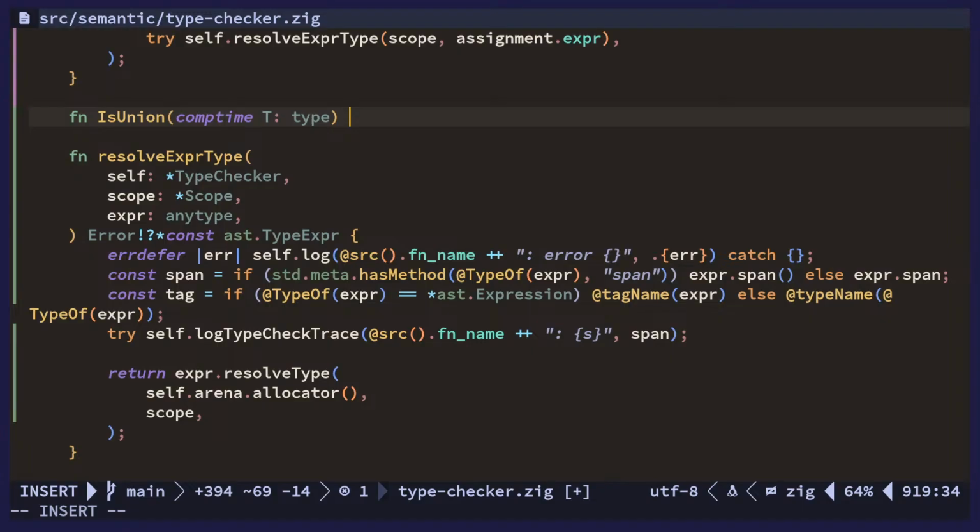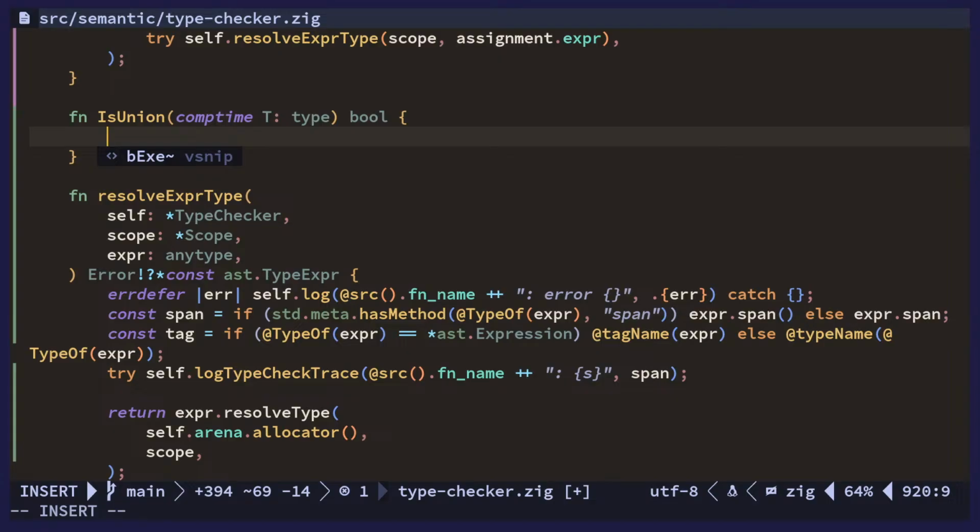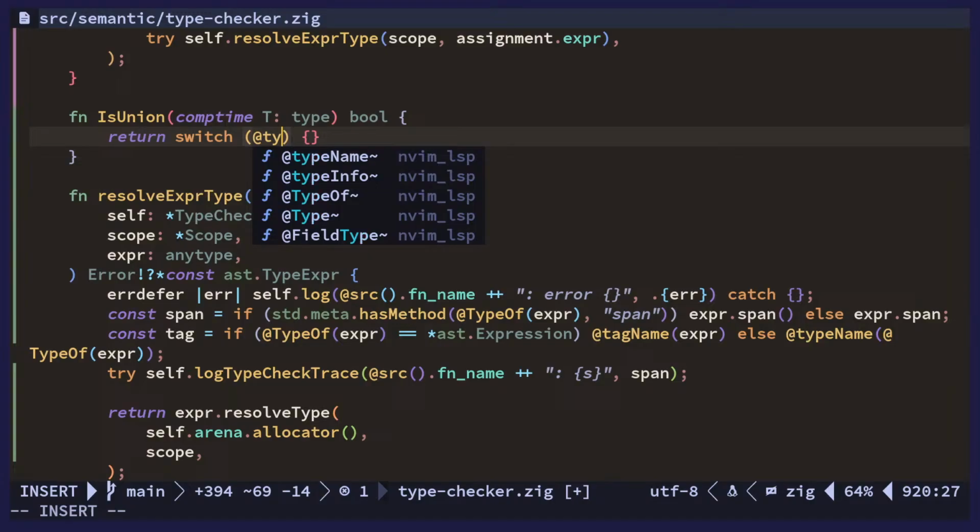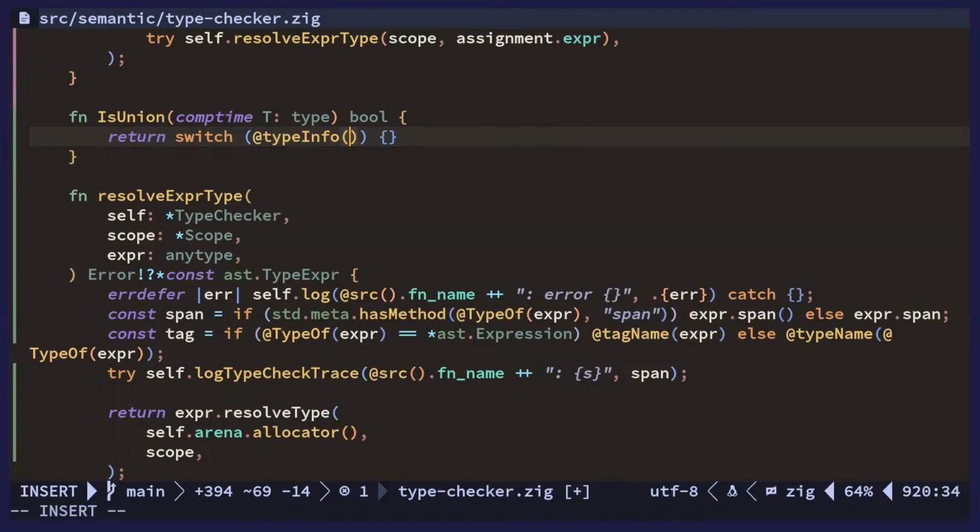We just need to know if it's an enum actually. Then we return the bool, and yeah, we'll just return like switch type of, or type info type of t,